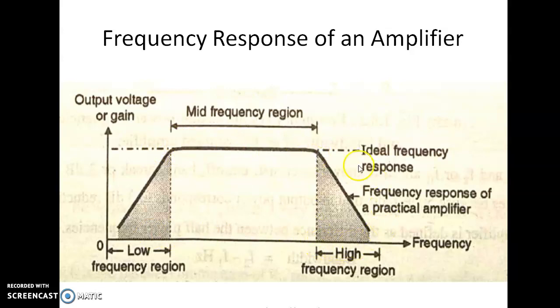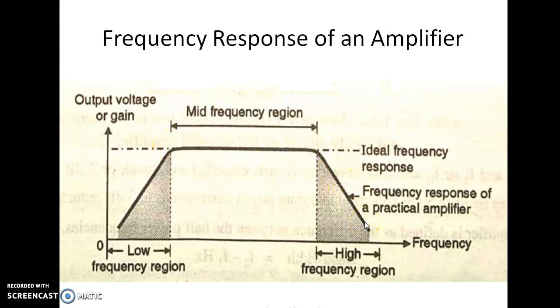And in the high frequency region, as frequency increases, the voltage gain decreases. So it is like a band pass filter. It is a combination of a high pass filter and a low pass filter connected in cascade or series connection. So this is the increasing voltage gain in the initial condition, it remains constant, and then the voltage gain decays